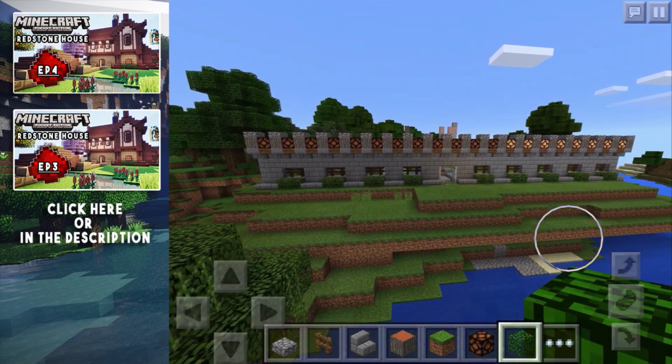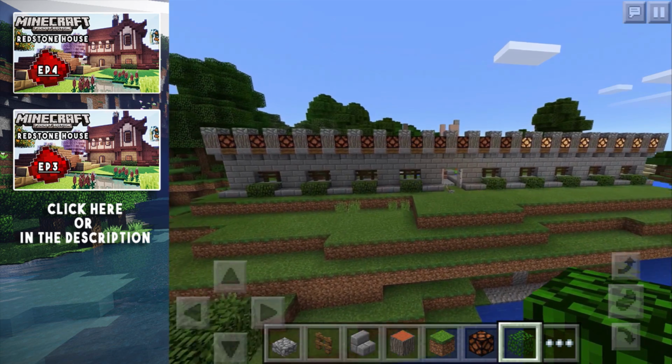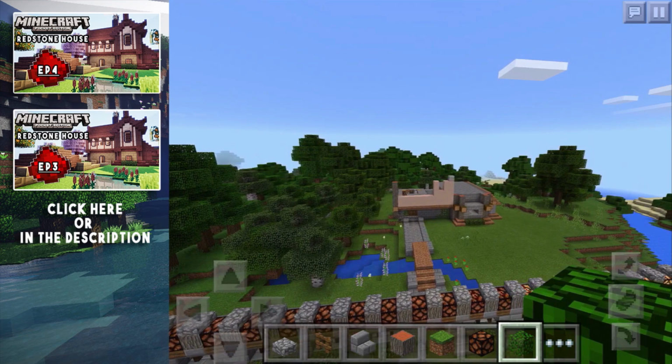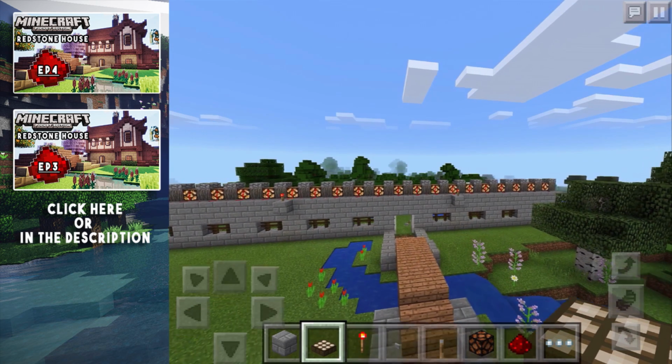Alright guys, so there we go. That is one section of the wall. It looks really good. I am happy with the way it came out, and now we can go ahead and copy this on each side of our redstone house and also connect it up to an entire redstone system, and it will work really well. So it looks like we only need 2 redstone torches in order to turn on all